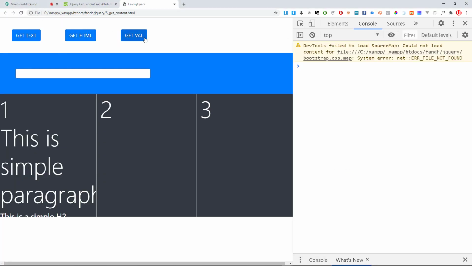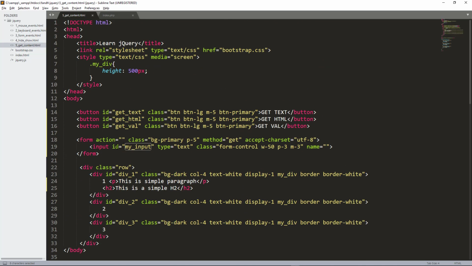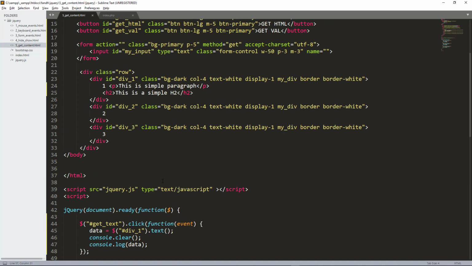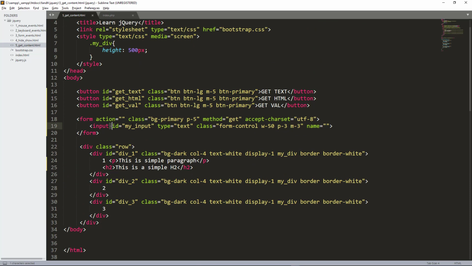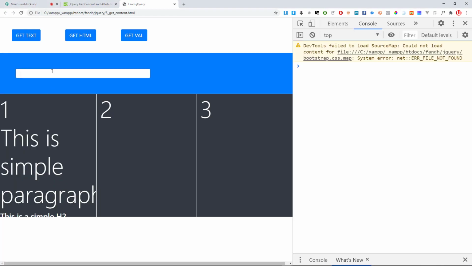I refresh, I have this button get val. When I click, you know it said click listener. When I click on this, I want to create a variable called val, and I select this input, my input. I select it and then I add .val. This .val will get any value that is inside the input and return it to me. So I'll get that value and put it inside the variable called val, and I'll put that val inside the console. If I refresh here, I come and put